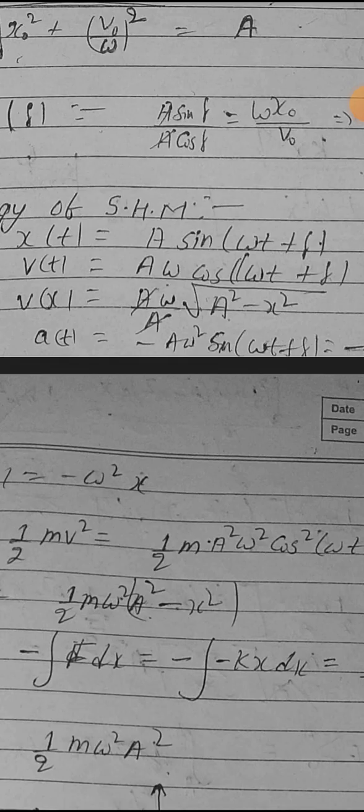Now cos square of omega t plus delta can be written as 1 minus sin square of omega t plus delta, and in place of sin square of omega t plus delta we can put x square by a square. So from there we get velocity in terms of position equal to omega into under root of a square minus x square,